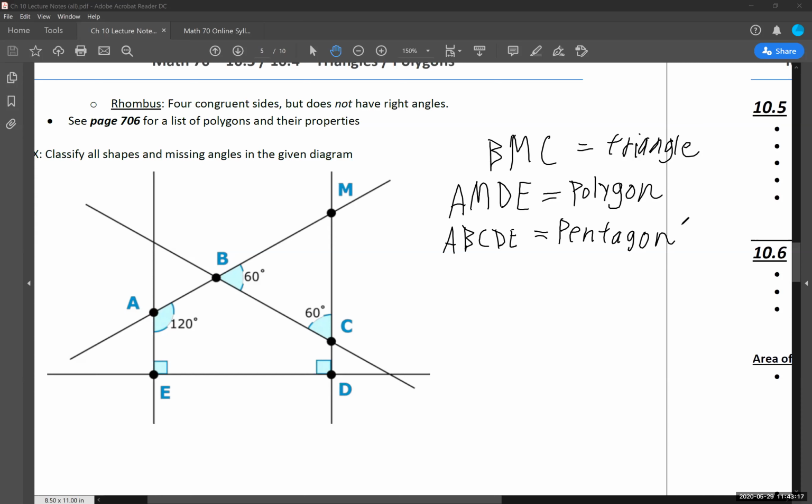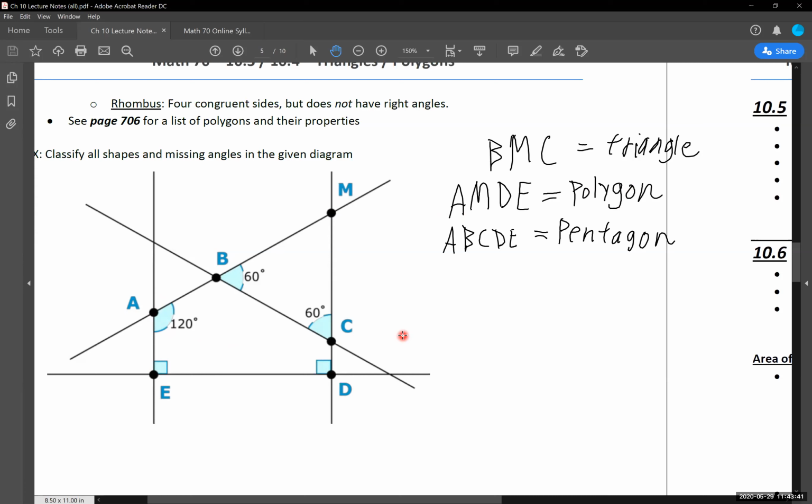We'd be good there. And again, if you're going through these and you're thinking to yourself, well, okay, but the second one that we did, it kind of looks like it could be a trapezoid. Maybe you could look at some of these other angles and say that something could be parallel. You could make an argument for this. You can make an argument for that. And I will agree with you that there are arguments that could be made for it.